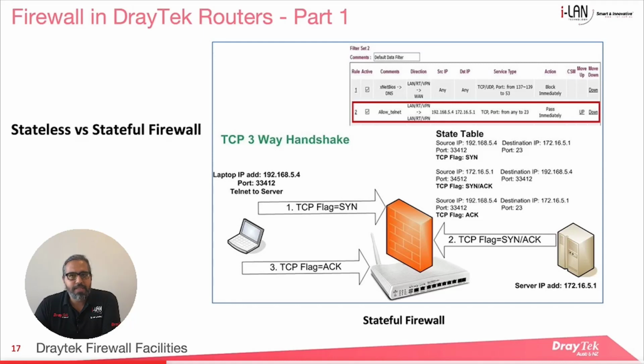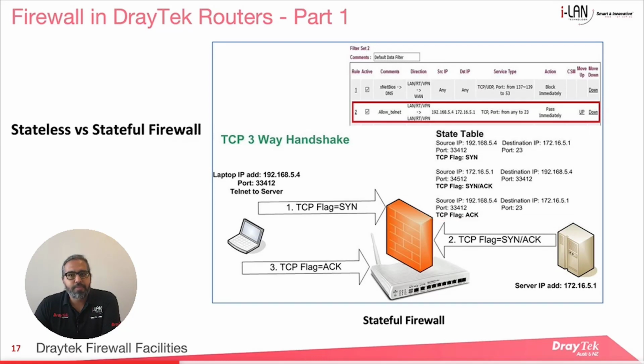Now we look at the same example through a stateful firewall, which will associate a packet to a state and make decisions based on source and destination IP addresses, ports, and the state of the packet, hence enhancing the security. For our example, the laptop is going to connect to the server using a telnet protocol, and stateful packet inspection, or SPI, is used. The router creates a table called a state table, recording the state of the packets passing through the firewall.